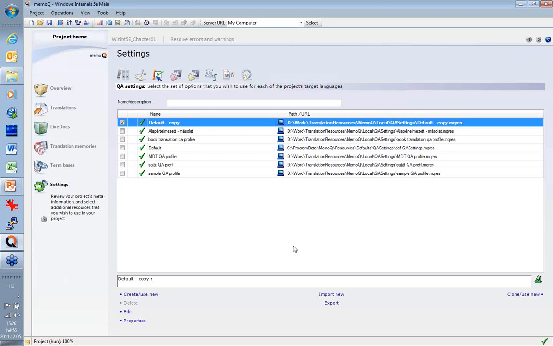And when you install or update or upgrade MemoQ with a new installer, a new setup package, the default resources can be overwritten. And MemoQ doesn't allow you to edit the default profile